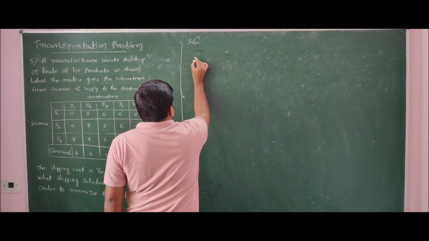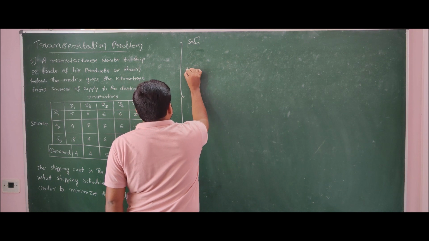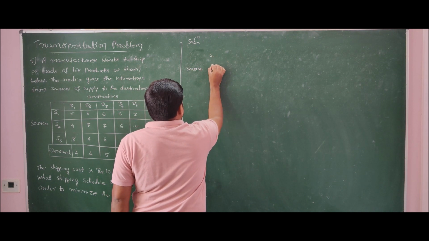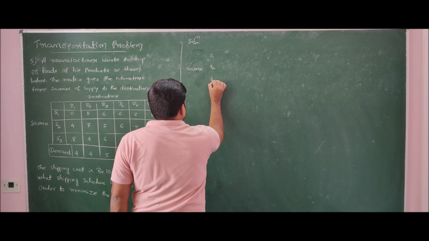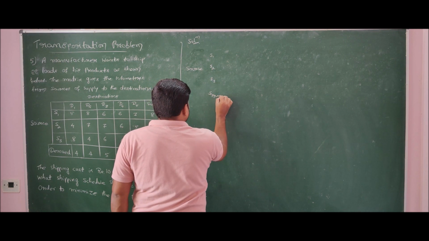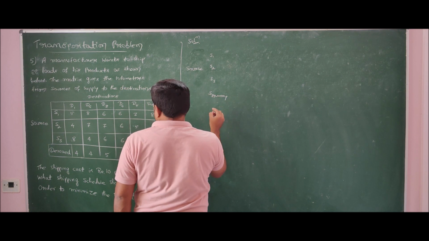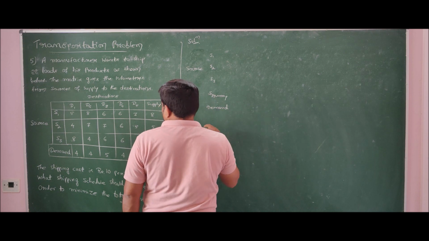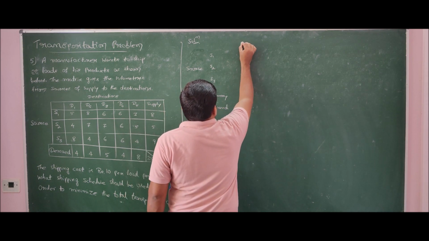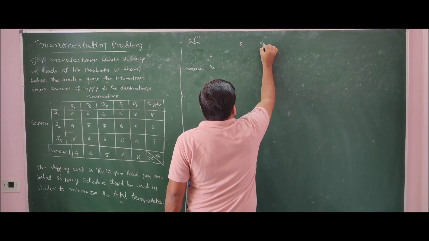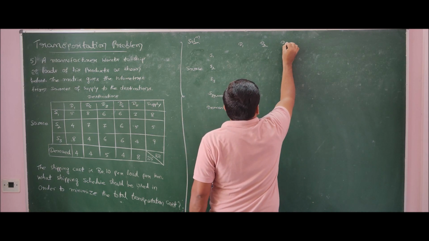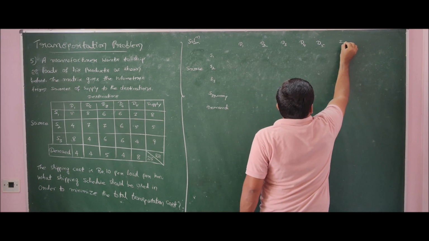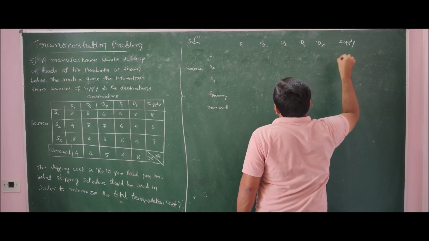Correct? So now the balanced transportation problem will become the sources we have S1, S2, S3 and S dummy, and we have the demand, and we have the destinations as D1, D2, D3, D4, D5, and we have the supply,